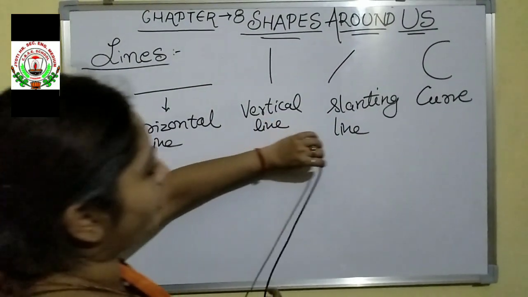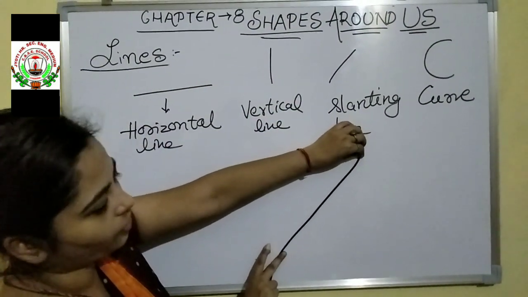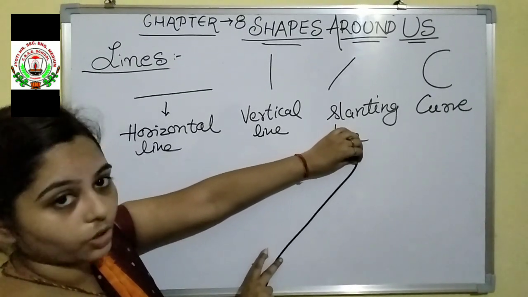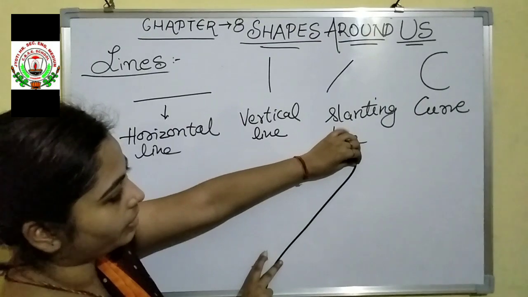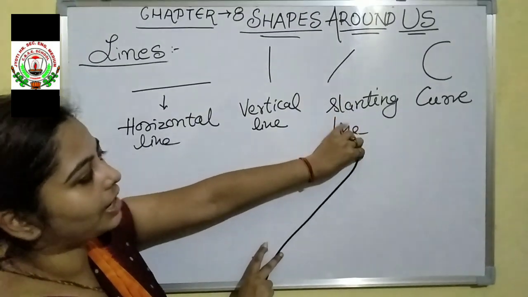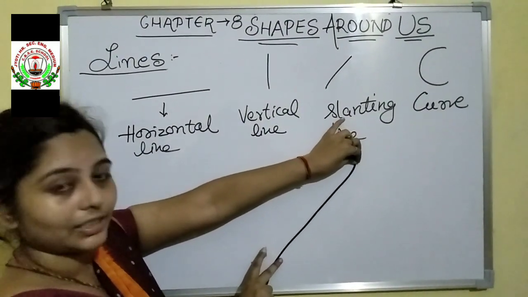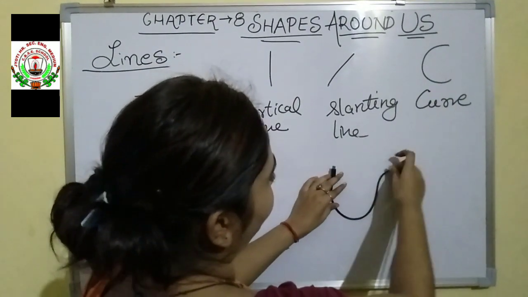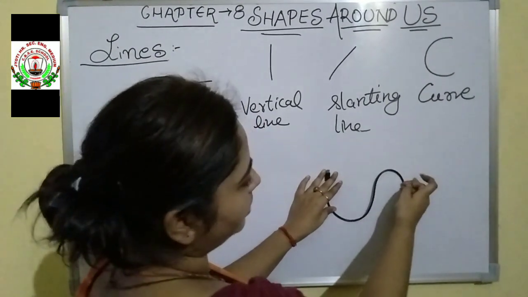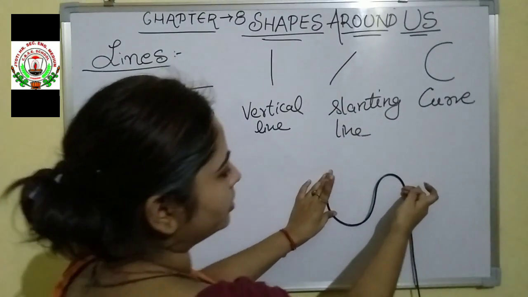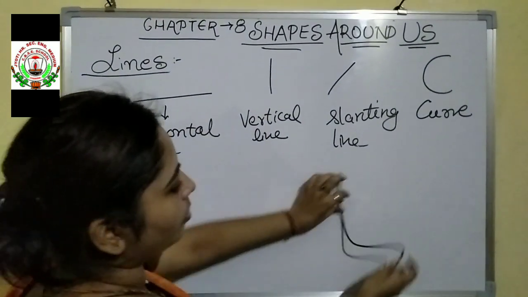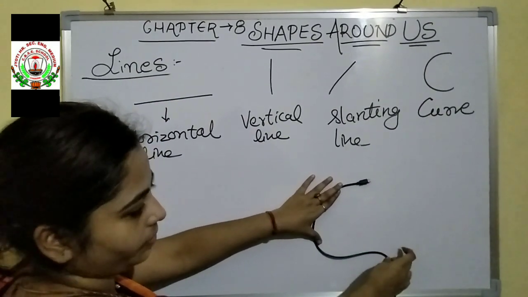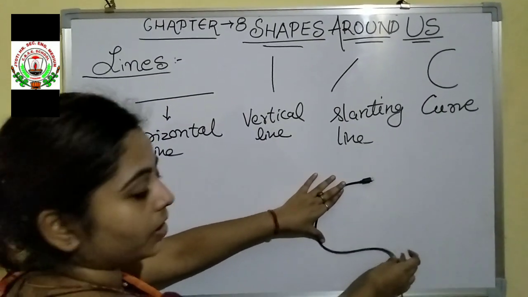Yes. If I keep the wire like this, okay, it needs support. It is like a cross, दिख रहा है आपको line. It is in the cross form, तो इसको हम बोलेंगे slanting line. It is the example of a slanting line. And next, curve. If I keep the wire like this, is it a straight line? No, this is in the form of curve. इसको हम curve बोलेंगे. अगर इसको bend तरीके से रखेंगे, it is in the form of curve. Okay, this is the example of a curve figure.